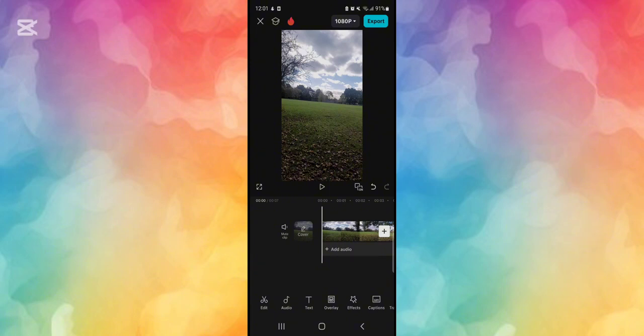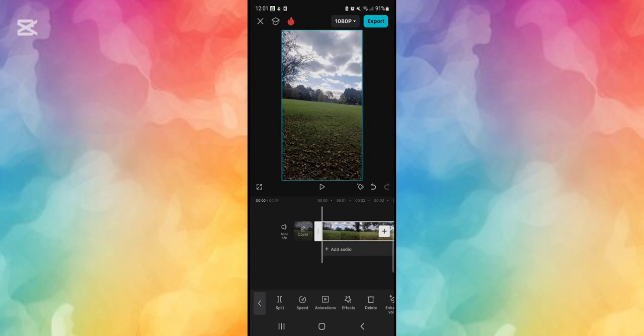Now one of the things I suggest you doing is you can add a background as well to this, which means that you can add this video itself as an overlay on an actual video, since it'll look good with the background. So basically what you need to do is, first of all, you'll select the video, and from there